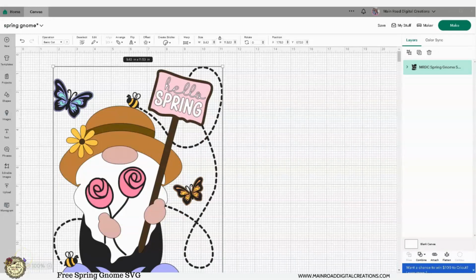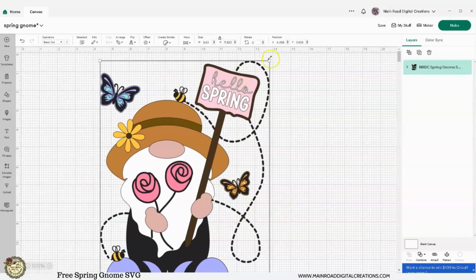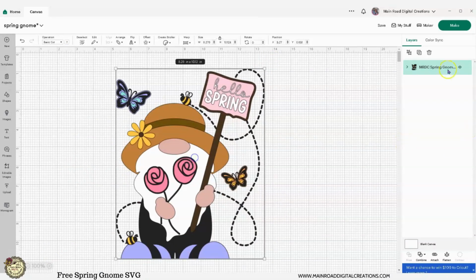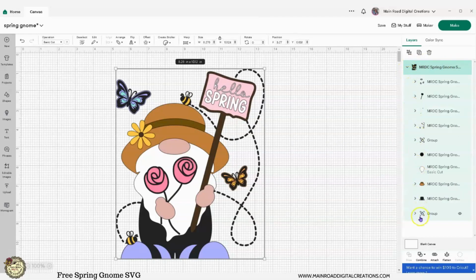Today I'm here to show you how you can ungroup and arrange this week's free Spring Gnome SVG. So the first thing I want to show you, if you have gotten the recent Cricut update, you can see that when this comes in, everything is collapsed. So all the layers are still here. You just need to click on this